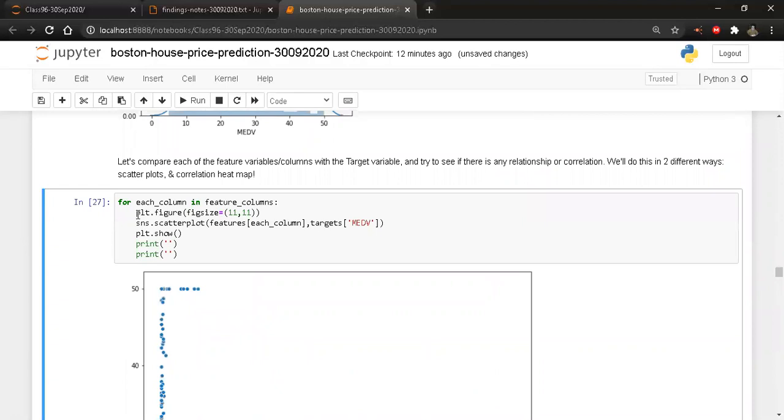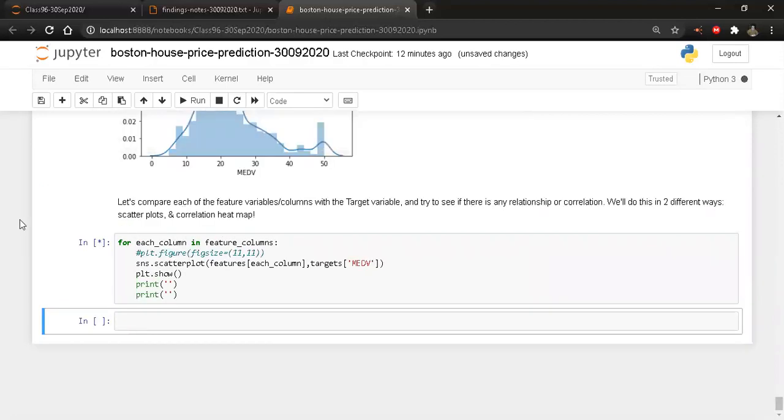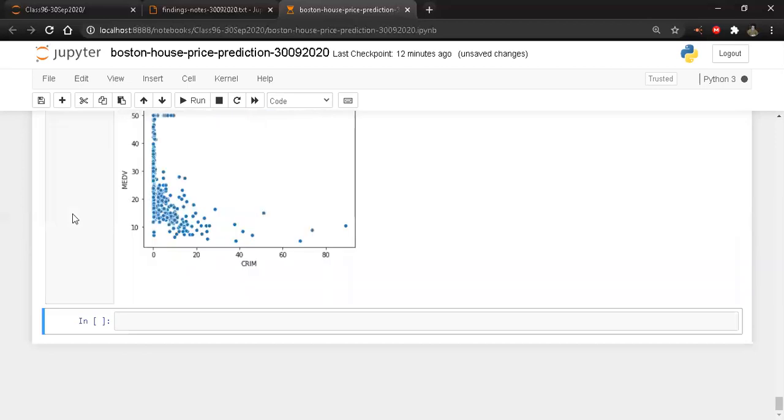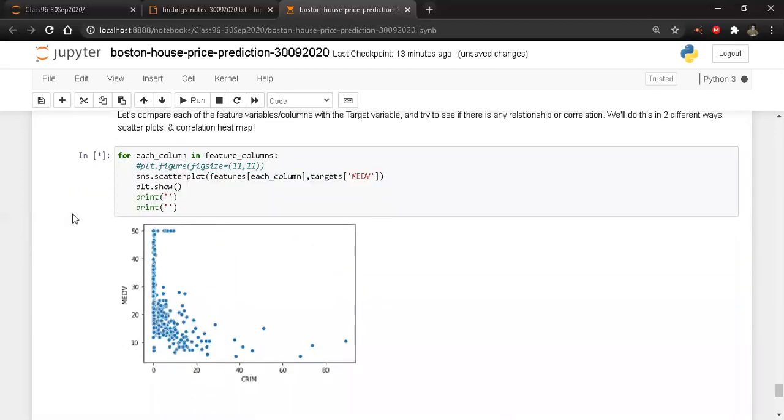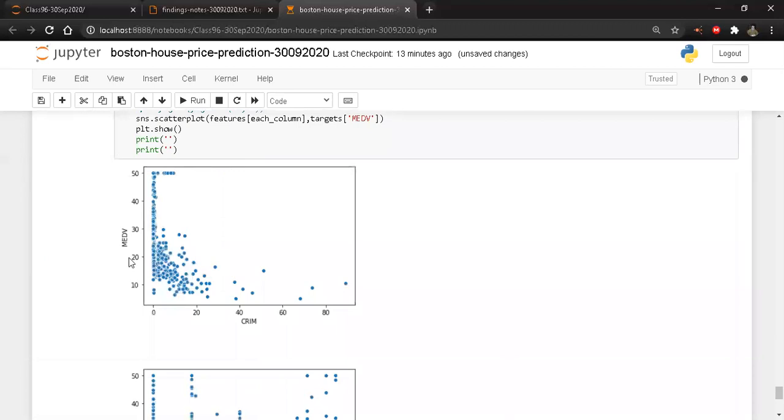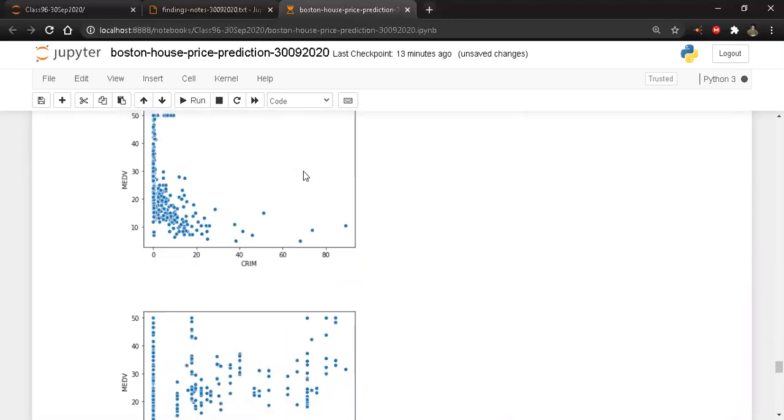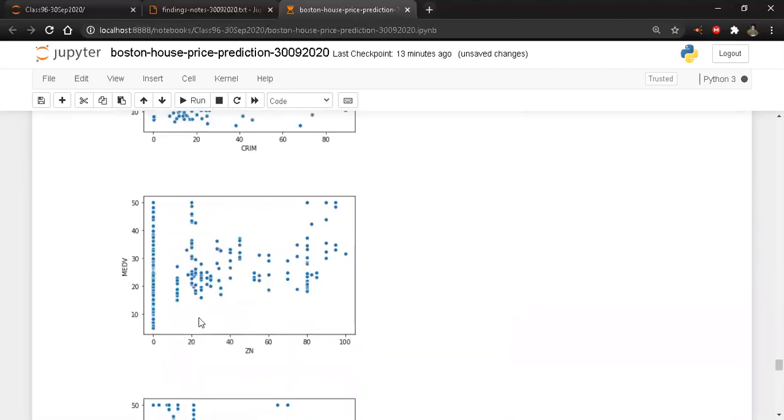This has been very big, man. Let me just change this and redraw it again. This has been really very big. I'm not able to digest it. Let's just see in this size. So comparing crime rates with the median price of the houses, I don't see any linear relationship over here, right? The same applies to ZN. Some form of linear relationship would have been there if I could have removed the outliers, right? But ZN is also not good.